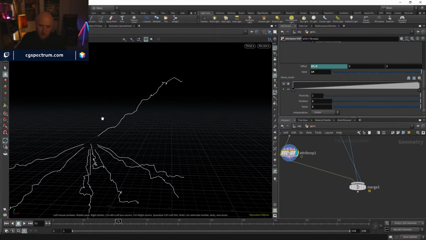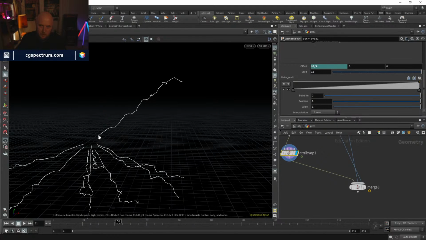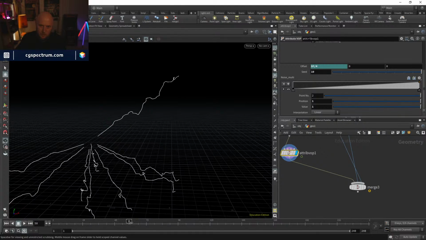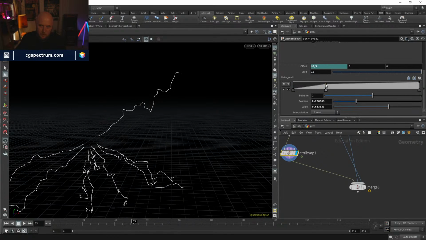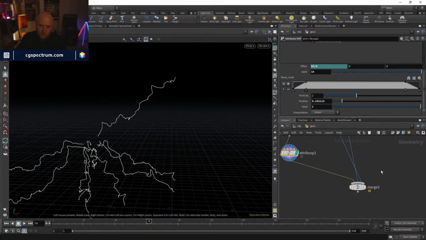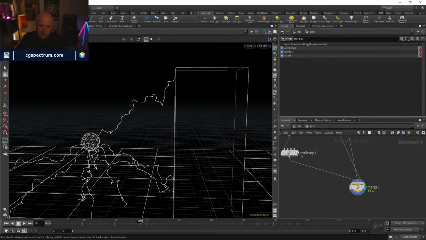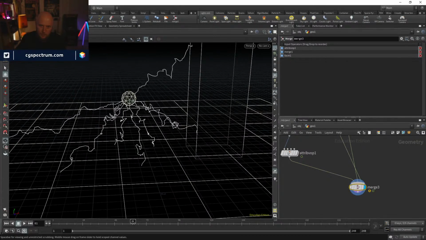And you can see now, if I take that down to 0, I get nothing. If I have that at just the default, you can see right at the start it's not applying any noise, but at the end it's applying it at its maximum. What I can do is have a lot of noise along the curve, but then right at the ends, those two connection points, I can preserve those by just dipping that down to 0. So when we have a look at the merged result now, you can see those connection points stay perfectly locked on the geometry, but